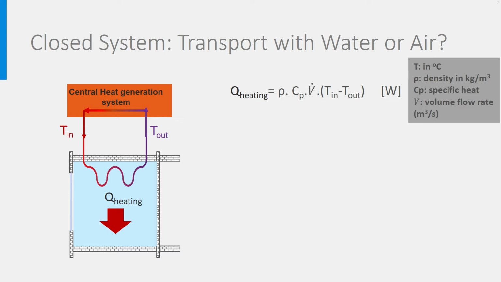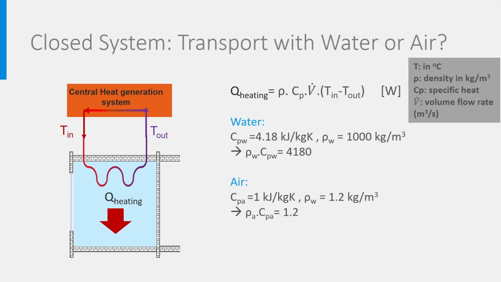Let's compare the properties of water and air. The specific heat of water is 4.18 kJ per kilogram Kelvin. Rho is 1000, so rho Cp is 4180. As for the air, Cp is 1 and rho is 1.2, so rho Cp is 1.2, quite a difference with